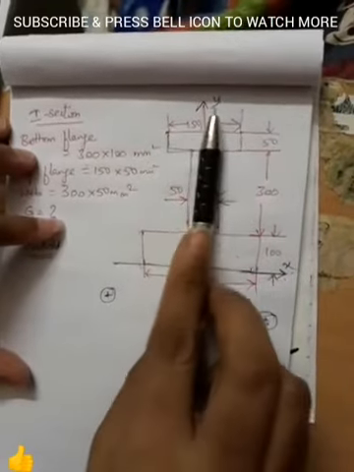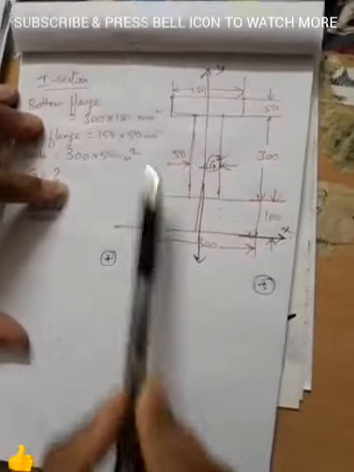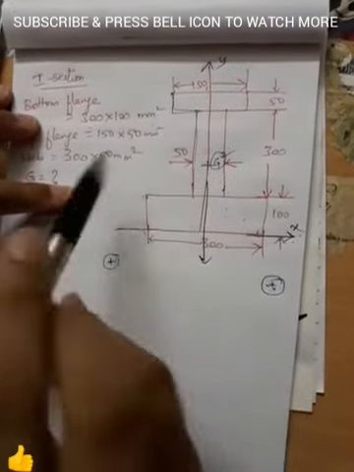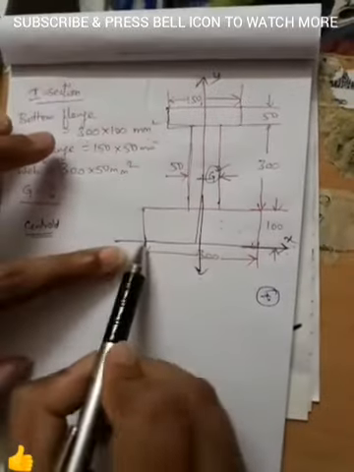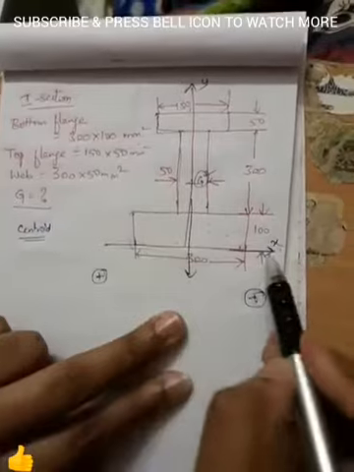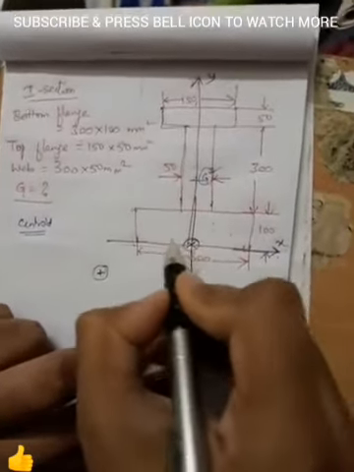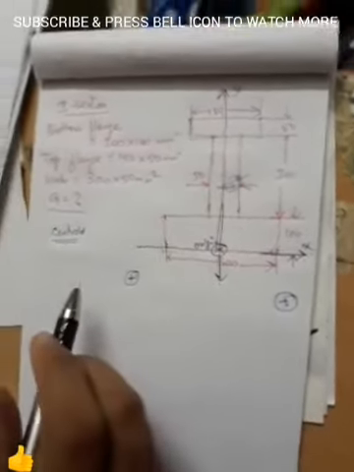And if there is no axis of symmetry, then the y-axis must be the leftmost line that is touching the object. If this was not symmetric, I would have taken the y-axis to be somewhere here, like this, and at that time this would be the origin. But since I have an object with symmetry, I am taking my x-axis to be this and the axis of symmetry to be y. Now this is my origin.